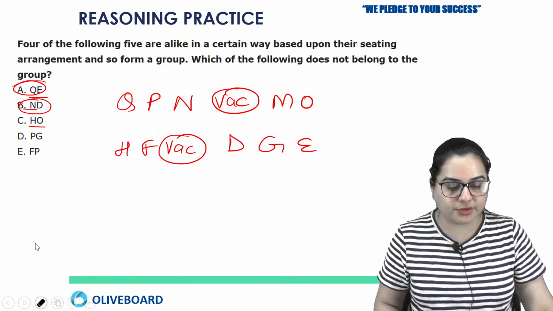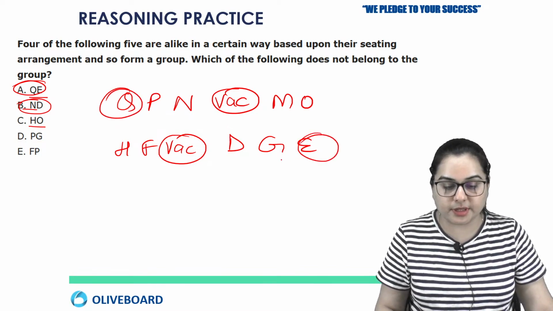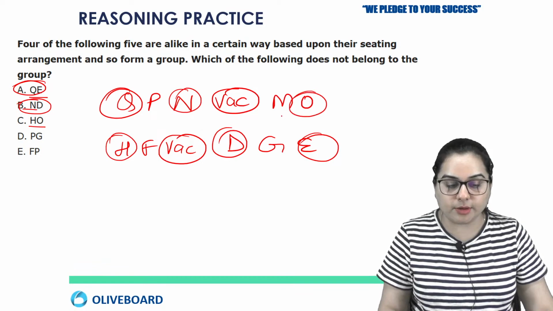Actually, this is your solution. Yeah. So what about Q and D? Now Q and D are diagonally opposite. About N and D, now N and D you can find these two are here. H and O are diagonally opposite. P and G, they are coming here.